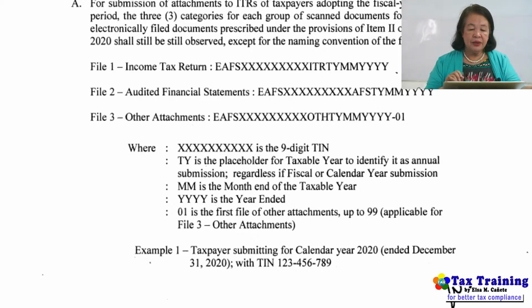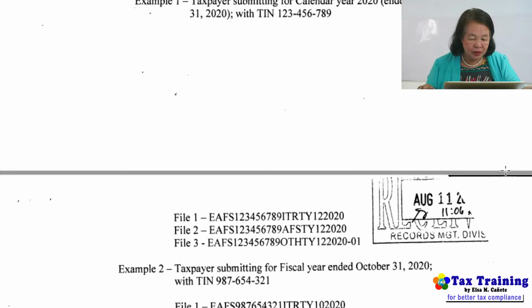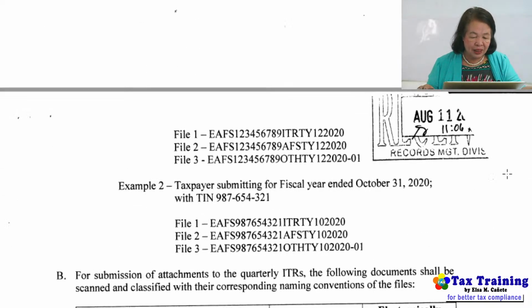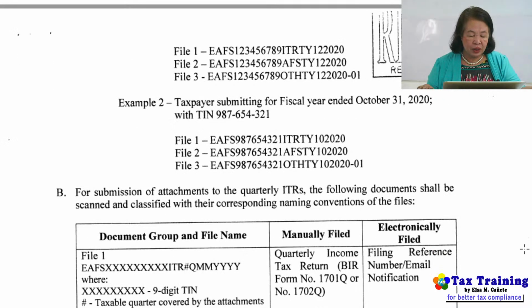So the TIN is important. Even in other discussions and explanations in some of my videos, I really emphasize the importance of the TIN. And then this is file 1. For file 2 and file 3, the TIN always comes first, then EAFS and then the TIN. Then example number 2: a taxpayer submitting for fiscal year ended December 31, 2020. This is his TIN,